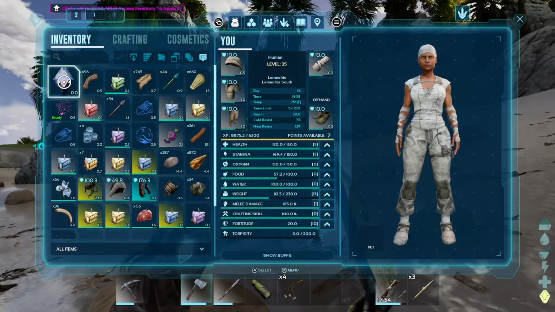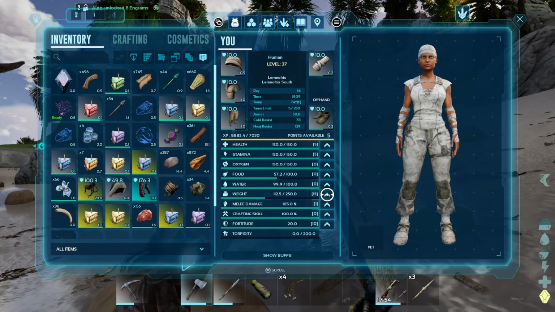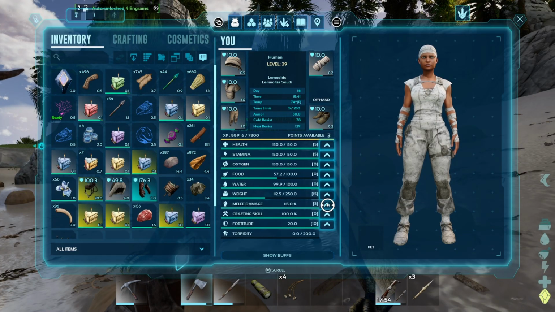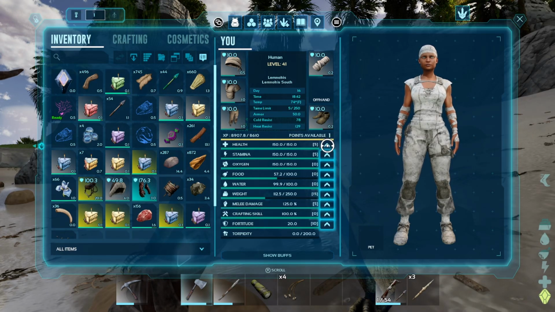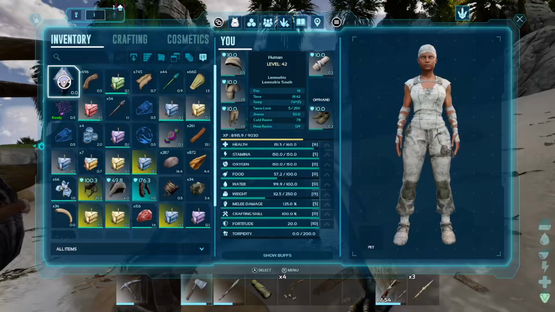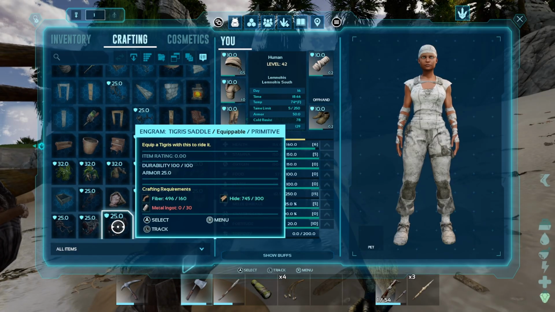Alright, let's apply my levels. I want to get this to 250. I feel like melee damage is just wasted on me. Let's get it to 125. Pump up health a little bit. So I should be able to craft the Pteranodon saddle. I don't know if I have all the right things, but...